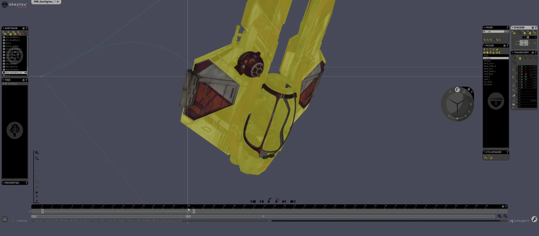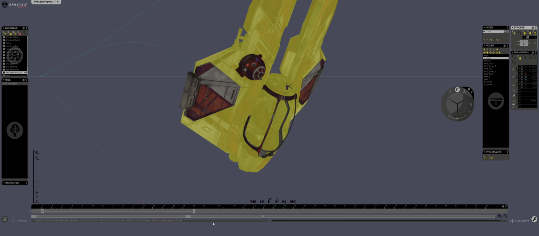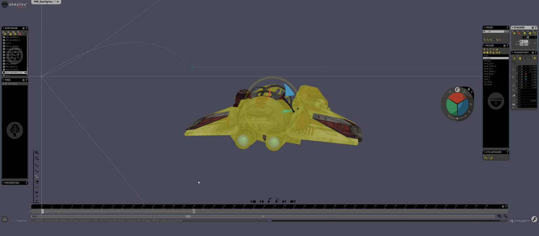360 or more rotations are quite rare actually in akeytsu, or in animation in general. So the problem can be worked around, as you can see. And it shouldn't be something that prevents you from making cool animations in akeytsu. So yeah, keep that in mind. If this happens at some point, you know how to work around the issue,